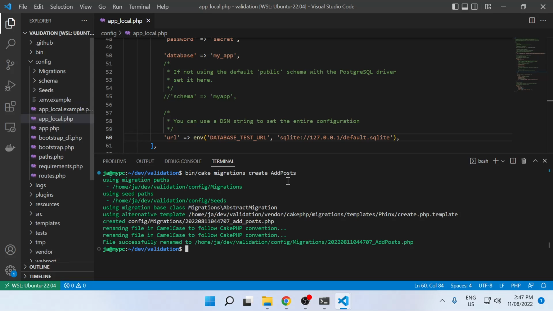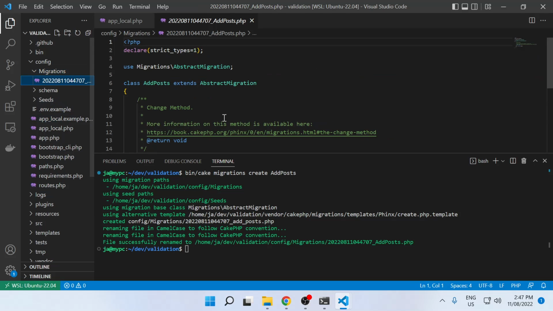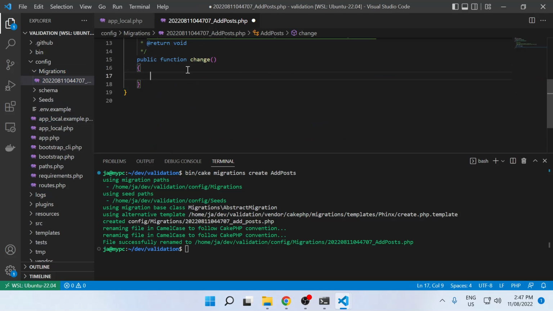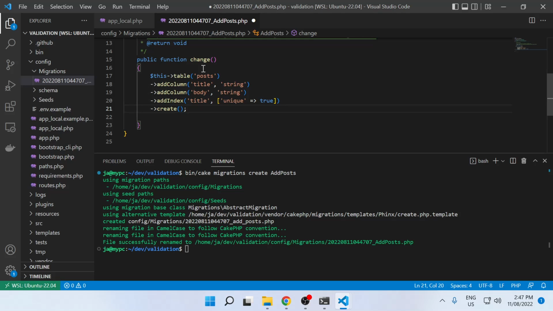So we want to create a file that will automatically generate our database tables. Now it's a very simple database table, so I'm just going to copy and paste in the code and explain it. So all we're saying is create a post table with 2 columns that are string columns, and add an index, a unique index for title, so that it makes sure that it wants it to be unique, and then